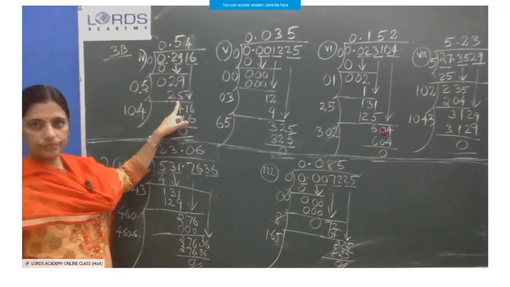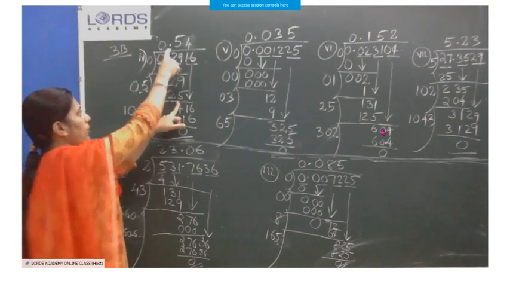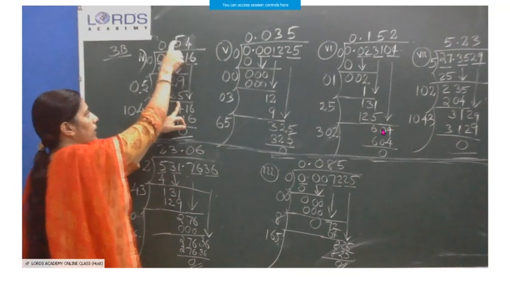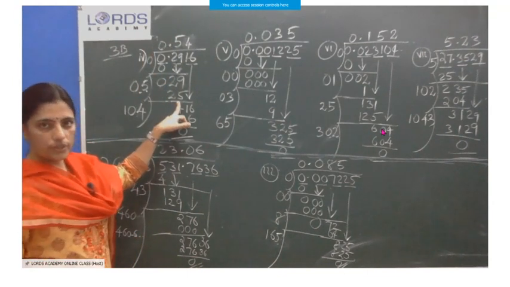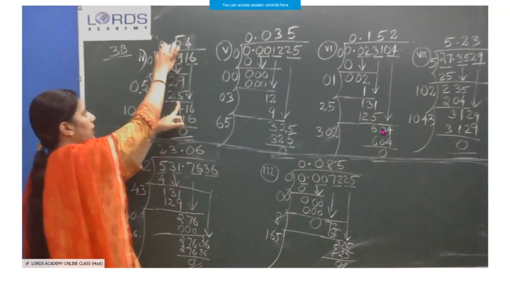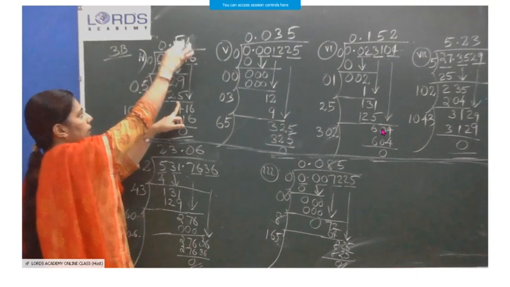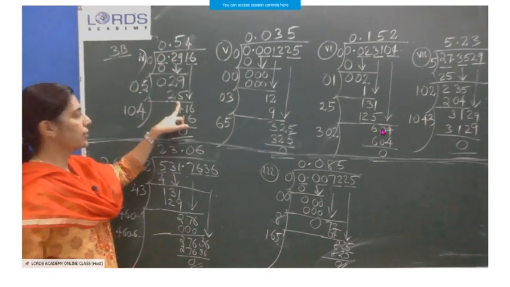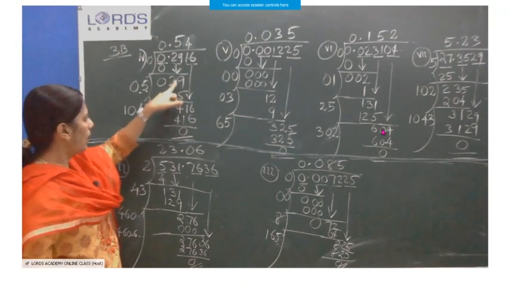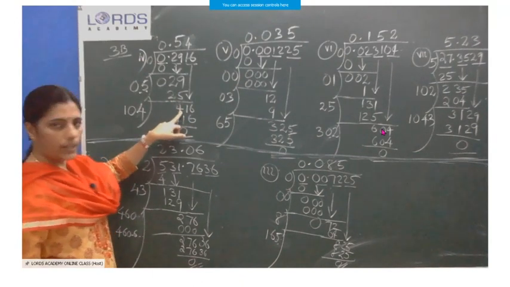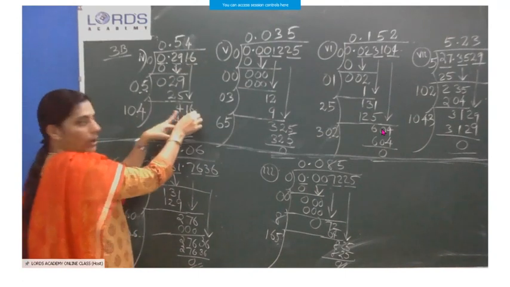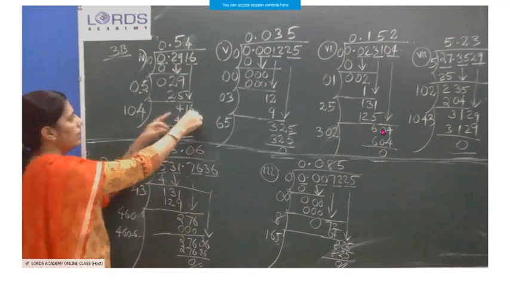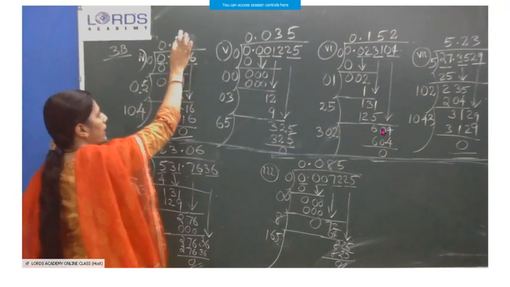25 here. Got it? And while you are writing 5, you have to keep a point because we entered the decimal part. After the decimal, this point we will enter. So you have to keep the point in the quotient. Okay, 0 point. Now we did subtraction. 4 we got. Next 16 we brought down. Now it became 416. How to get the new divisor? What is now here? 0.5.